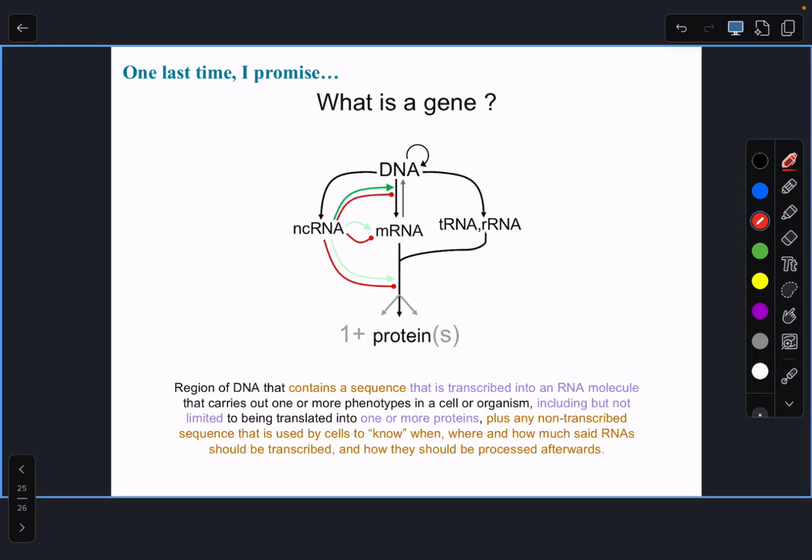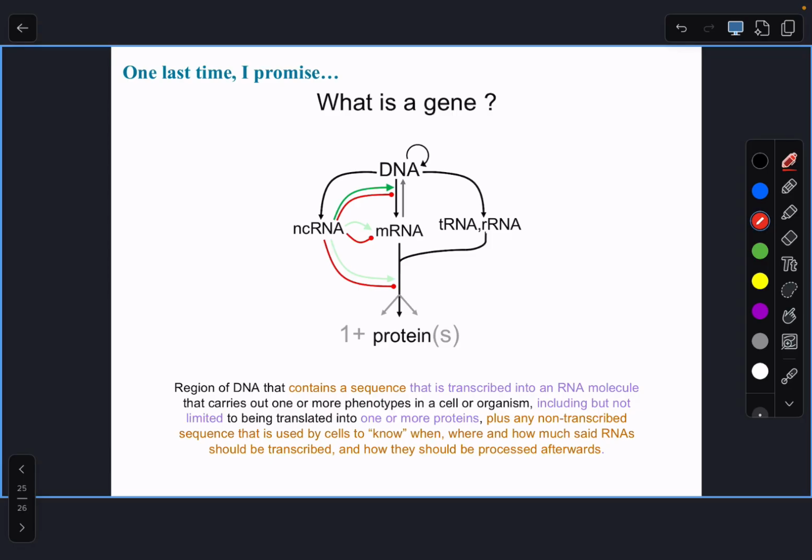Cool, so I'd like to finish with, one last time I promise, what might be like the last, most elaborate version of a definition of what a gene is. So it's a region of DNA that contains sequence that is transcribed into an RNA molecule that carries out one or more phenotypes in a cellular organism, including, but not limited to, being translated into one or more proteins, plus any non-transcribed sequence that is used by cells to know when, where, and how much said RNAs should be transcribed and how they should be processed afterwards. Right? So we're far from that simplistic definition of a gene as region of DNA that codes for a protein, because it's a region of DNA that codes